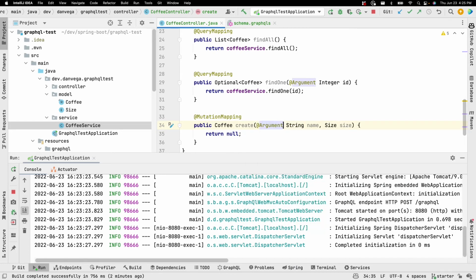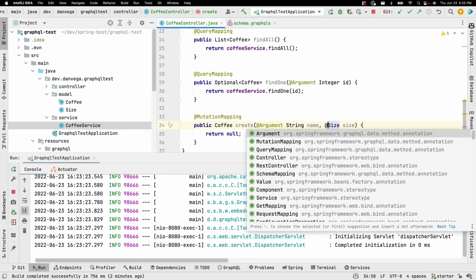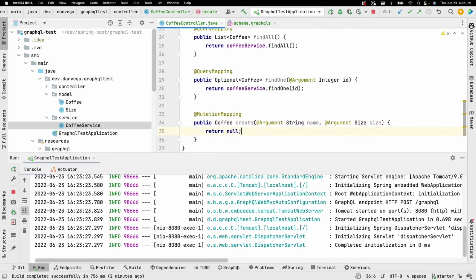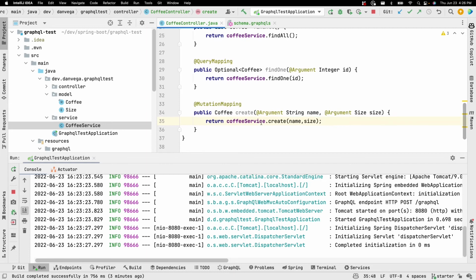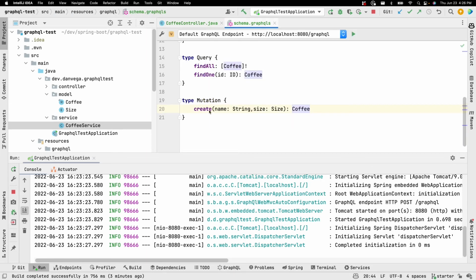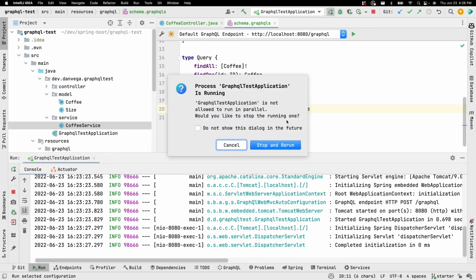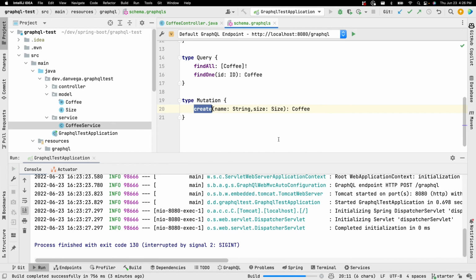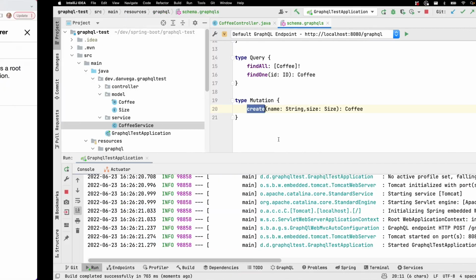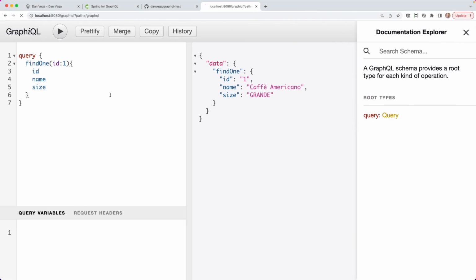So we're going to say @Argument. And now what we can do is we can call our coffeeService.create and pass in a name and pass in a size. So that should give us everything we need. Again, we're calling this create here. We're calling this create in our schema. So those two line up so we can use that @MutationMapping. Should be able to run this, and if there are no errors,